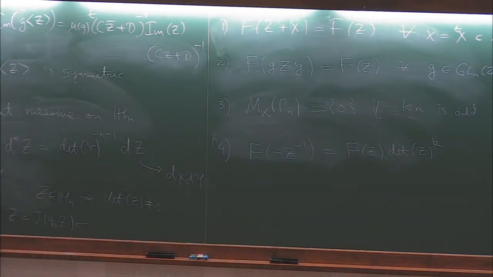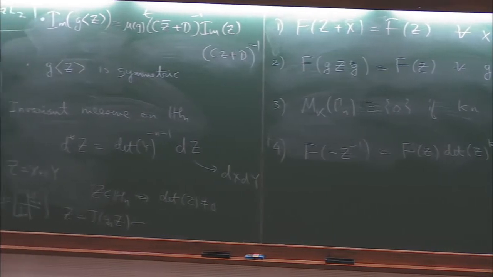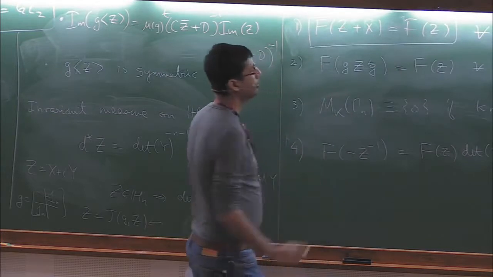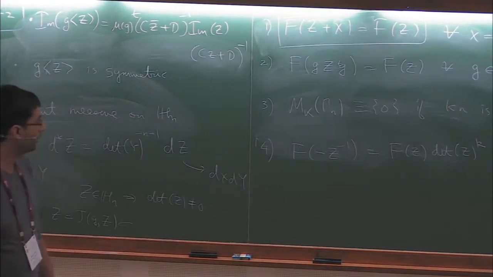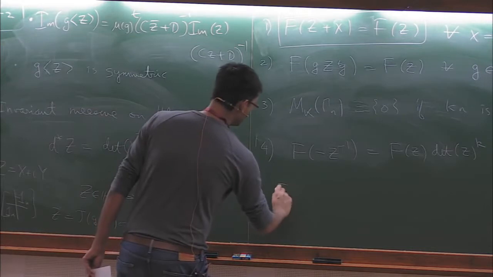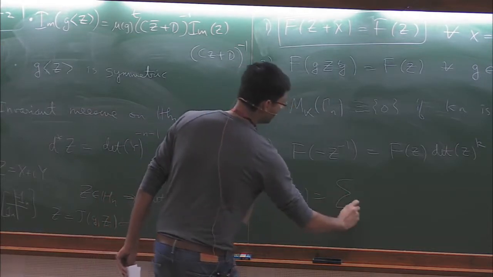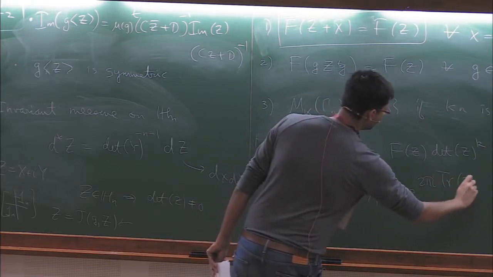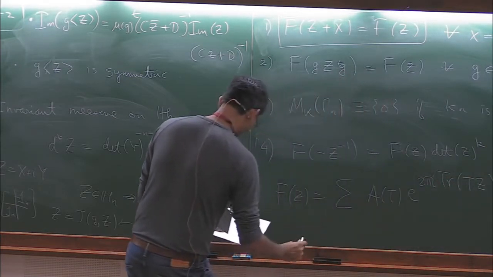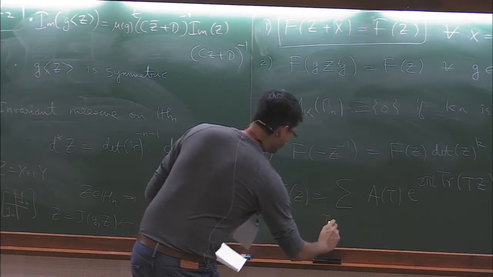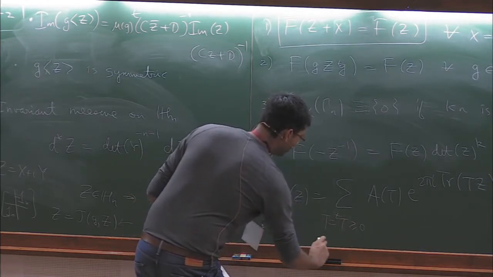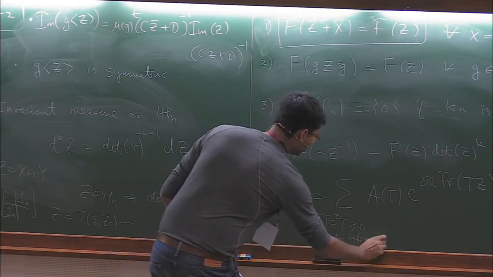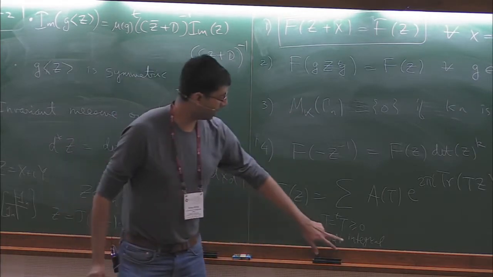So very quickly we get these symmetries like we were looking at earlier, and this thing here tells me that I'm going to get a Fourier expansion. And the Fourier expansion in this case looks like this, where this thing over T is symmetric, positive semi-definite, and half integral. So symmetric and half integral